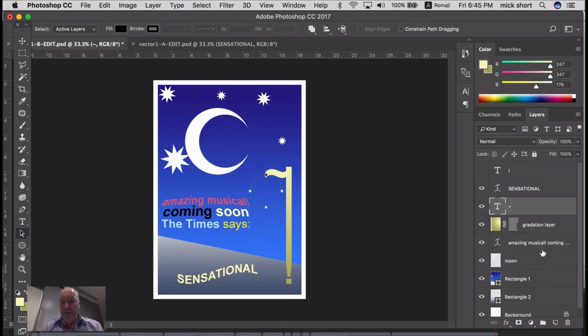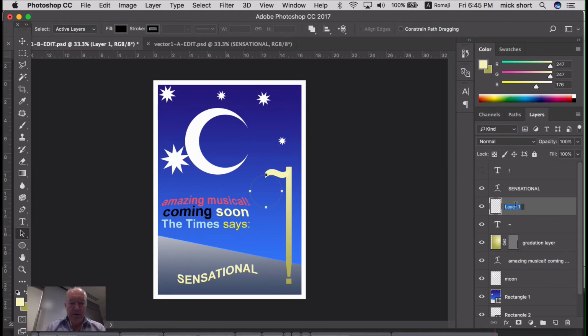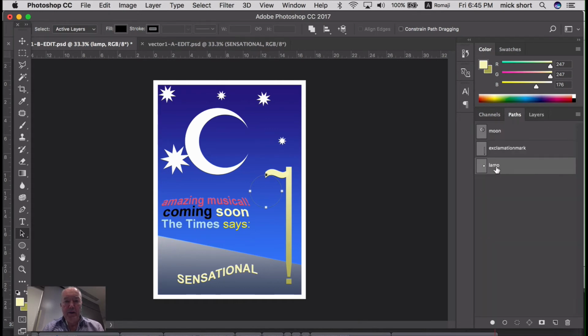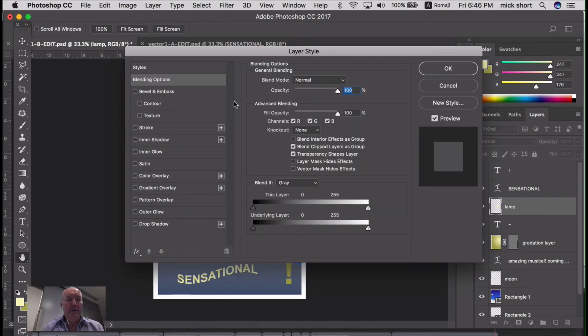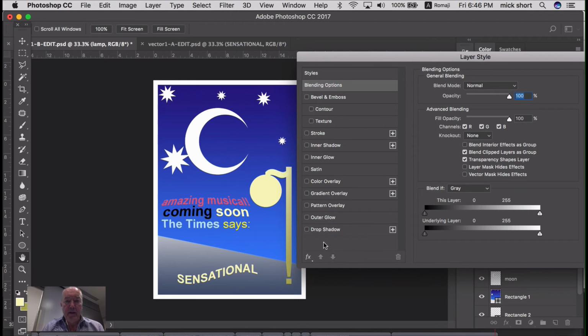Go back to my layers. So we need to make a new layer to paint into. Call this lamp, and with our path, we can click on this, or some people click and drag this down into the fill button. Doesn't matter which way around you do it, really. Okay, so now we have our lamp, and we can also put a layer style on that to make it a bit more interesting. Let's give it an outer glow,